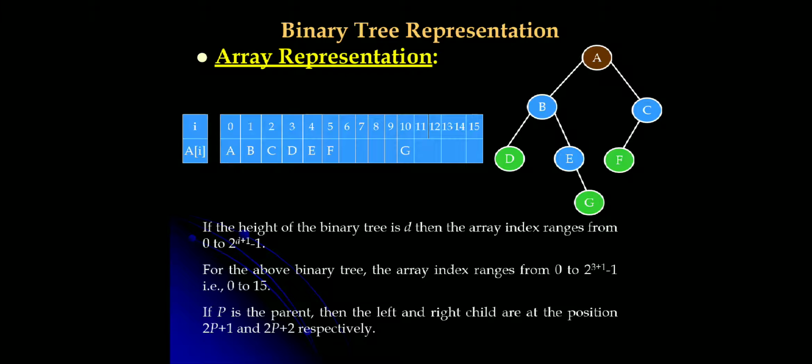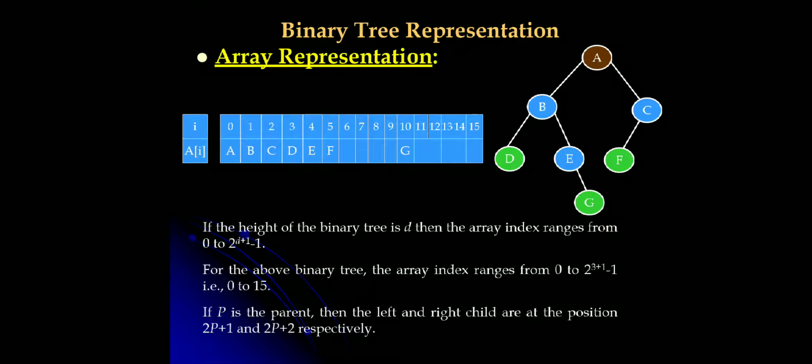2 into 0 plus 2 means at position 2, C is placed. And once you know the parent, that is, for nodes D and E, B is the parent. Where B is placed, it is at position 1. So where to place D, it is 2p plus 1. So 2 into 1 plus 1 is 3, where D is placed, and at position 4, E is placed, and so on. So if you know the parent position, you can place the children accordingly based on the position